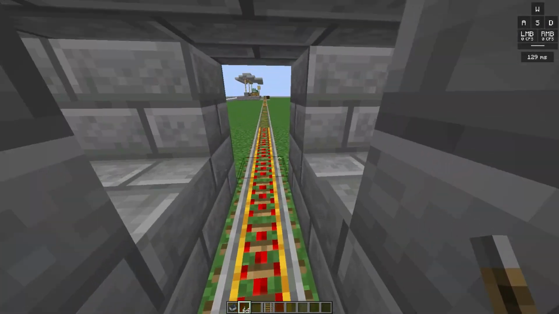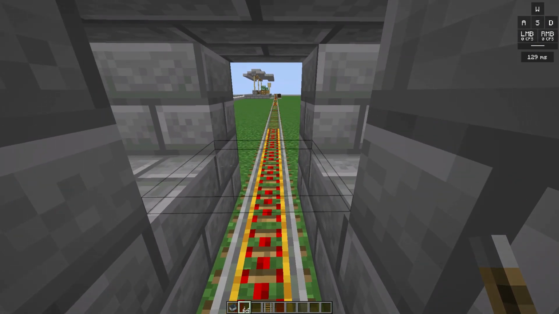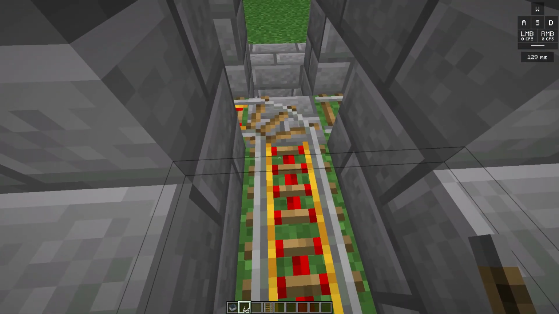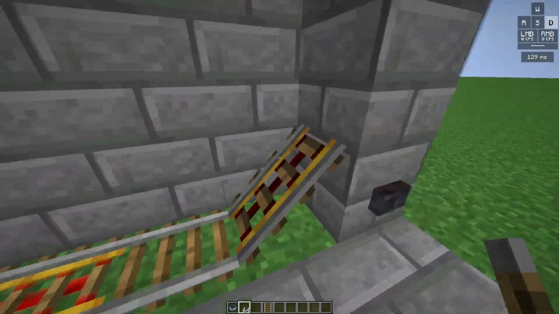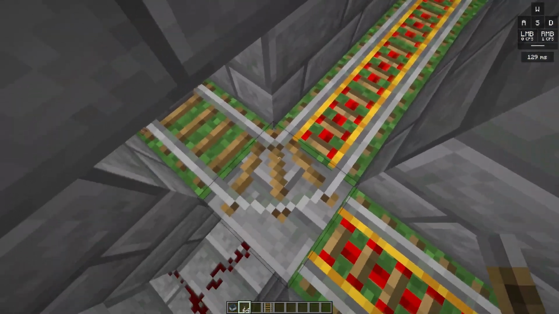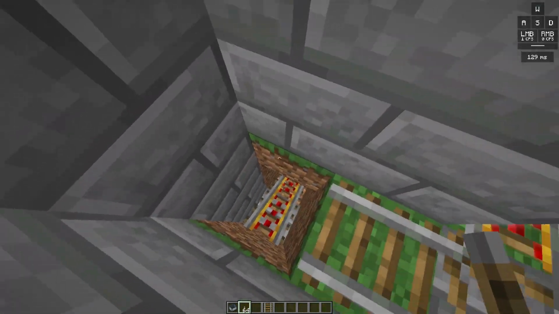So when there's someone inside the minecart, they're obviously taller than the minecart, and they press the tripwire hook, and this switches the minecart so that it goes to our stopping side. And if there's nobody in the minecart, it goes the other way and into our back rail system.